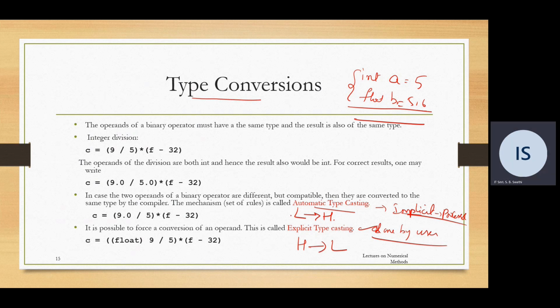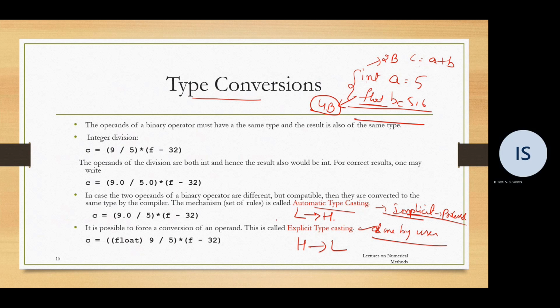Now, what do we mean by lower and higher data types? It depends upon the memory. Integer here takes 2 bytes. Float will take 4 bytes. Now, which is the higher data type? Float is the higher data type because it is taking more memory. So if you want to convert a smaller data type to a higher data type, it is called implicit type conversion, where if you give the statement c equal to a plus b, a will be converted to float automatically